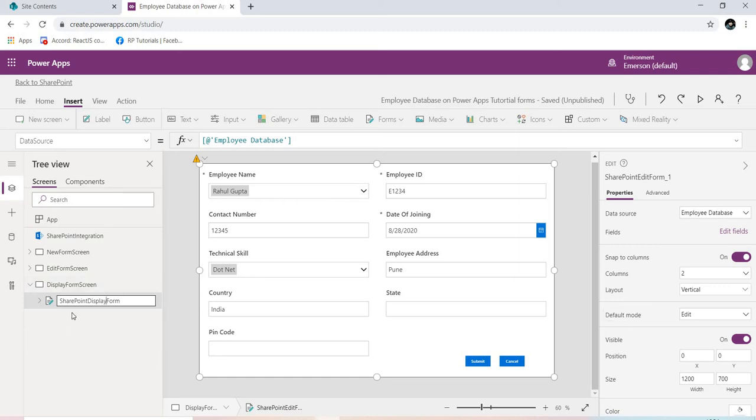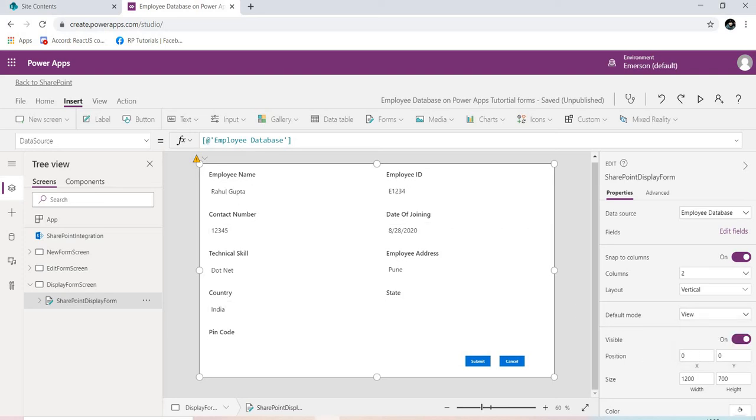Now we will change the default mode for this because this is a view form. When someone opens this form, they should only be able to view data. They cannot edit data. Okay.